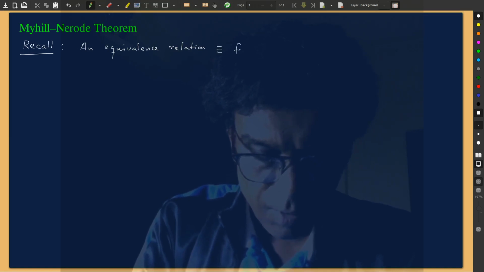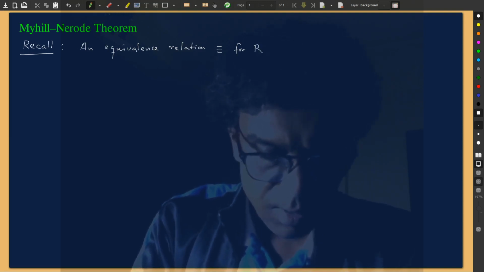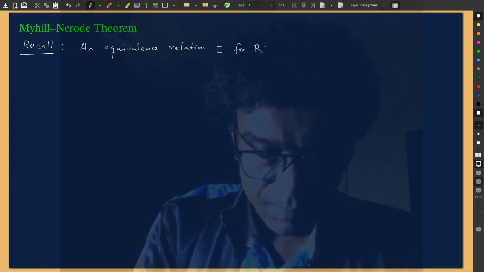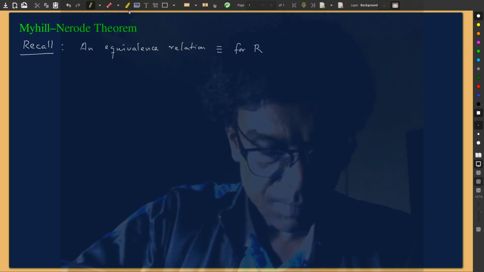For some language R, we earlier considered this to be a regular language, but from time to time we will lift this restriction. Anyway, an equivalence relation on sigma star